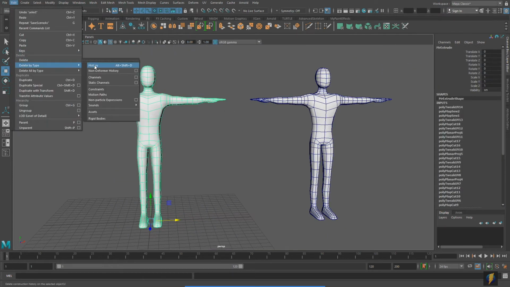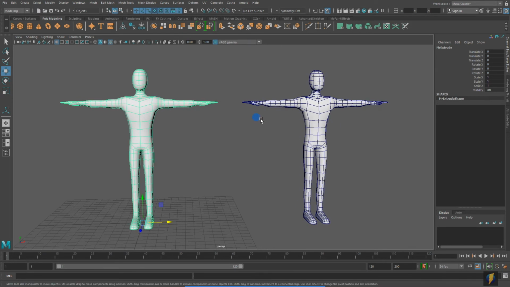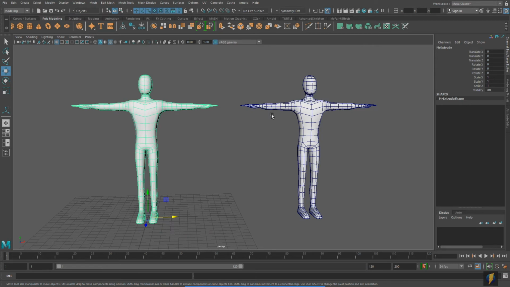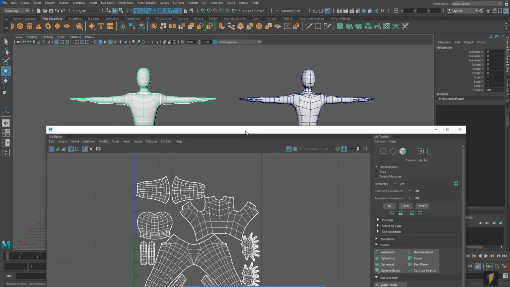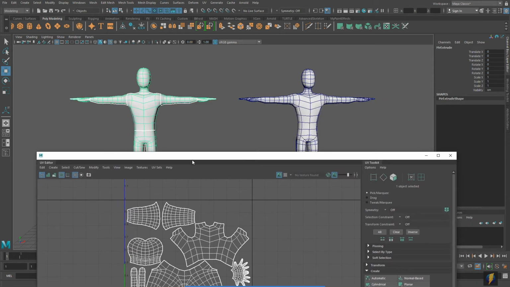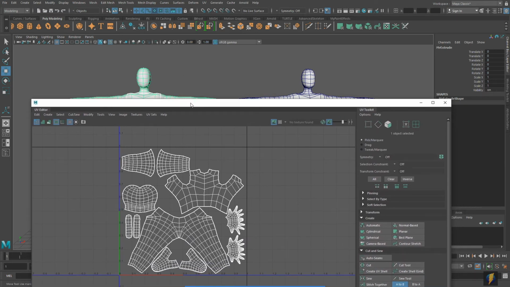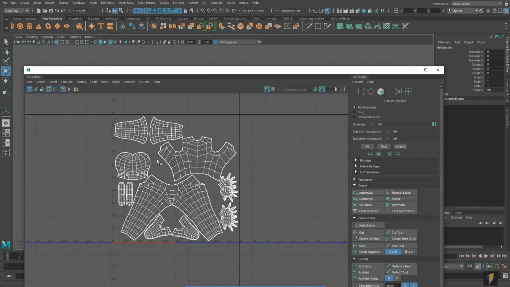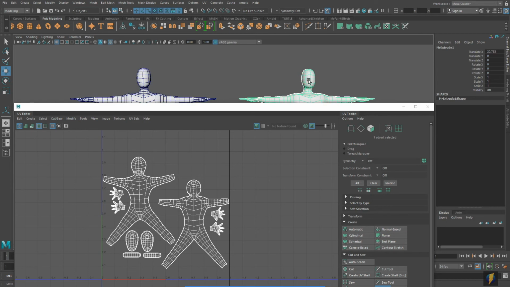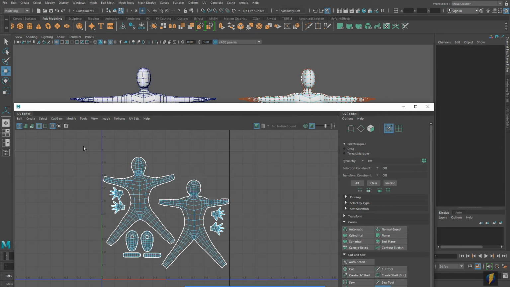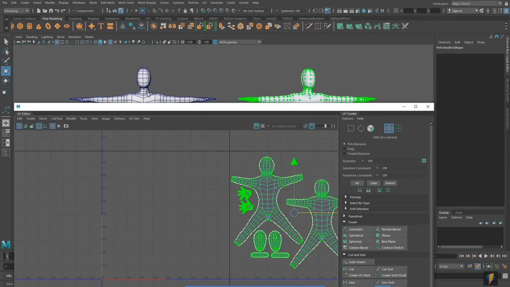So I've UV unwrapped these 2 identical meshes as you just saw. But the thing to take note of is that they both are UV unwrapped, UV mapped differently. So here we have, for this character on the left, here are its UVs. And if I select the one on the right, here are its UVs. In fact, let's go ahead and drag these over here to the side so that we can compare them both at the